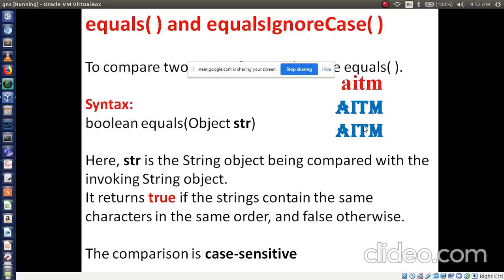Now if you write this one, aitm in small letters and then AITM in capitals, while reading, these two are same, right? But if you use the equals method, it will be different. Why is it different? Because it is case sensitive. Understood this?